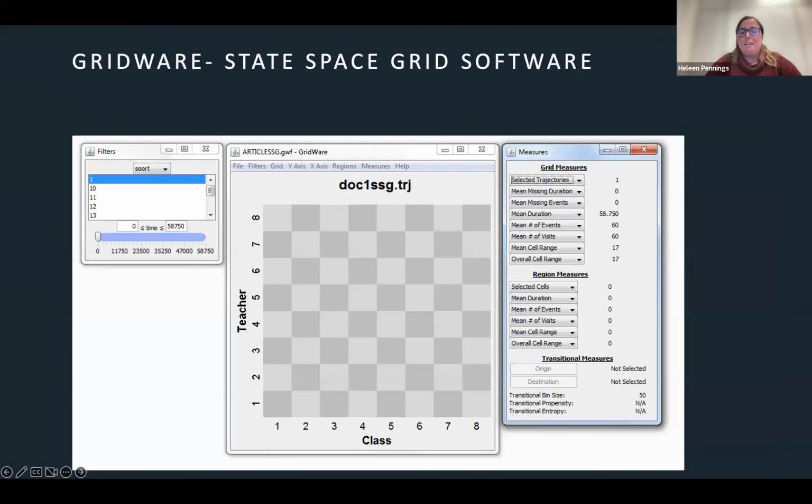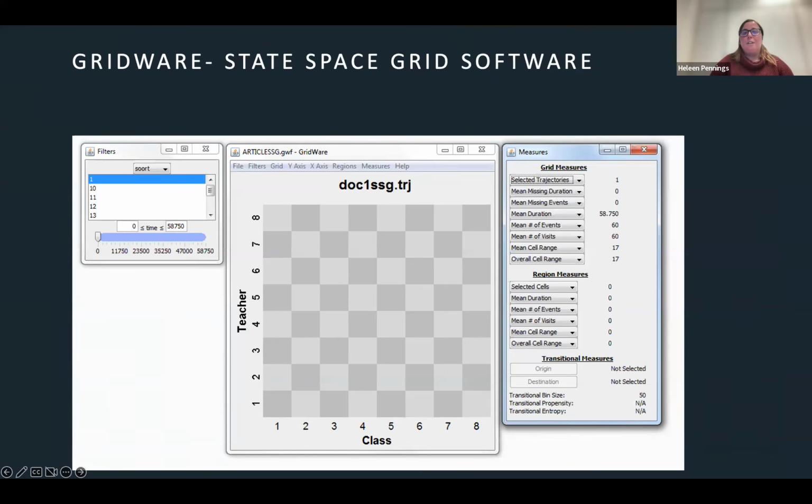This is the program, the GridWare, that is used to do the analysis. You put the data in, and then you will get this screen with the state space grid in the middle. On the left, there's a box that says filters.